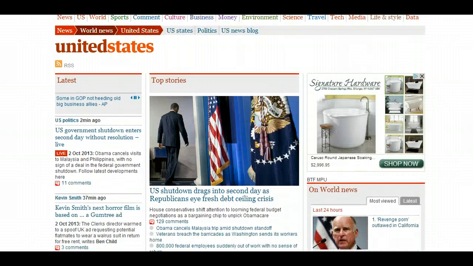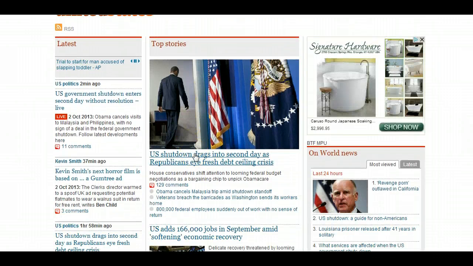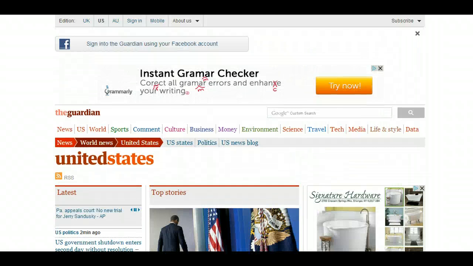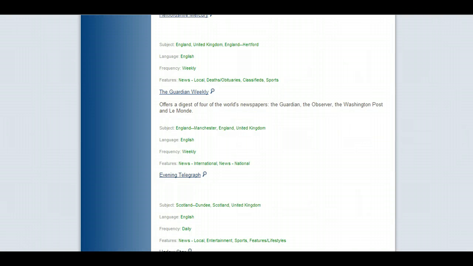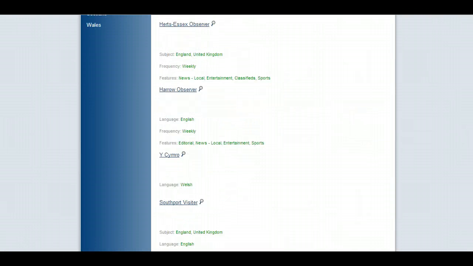And one of the top stories right now is the debt crisis that's going on and the shutdown of the government. So there's an article right there that I can click on and read, taking my notes on the who, what, when, why, where, opinion, and bias. And then I'm going to pop back to the original website,